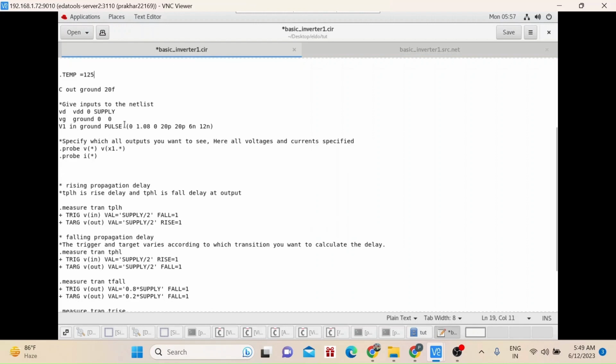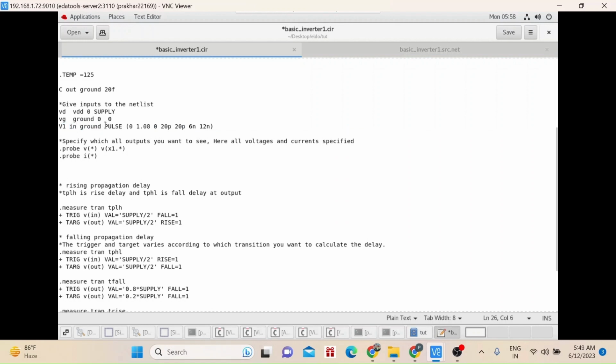Now in the netlist, VD is the voltage where I have connected the positive to VDD and negative to 0, with the name supply. Similarly, VG is the voltage, ground is the positive terminal, 0 is the negative terminal, and 0.